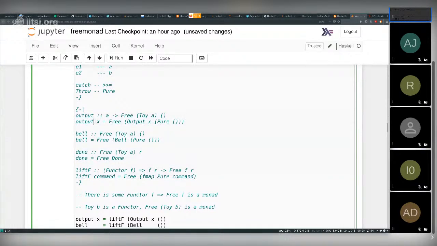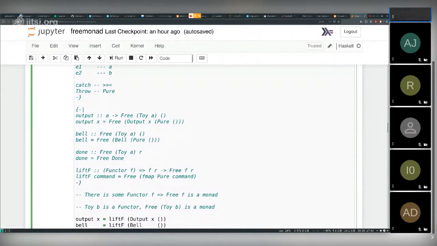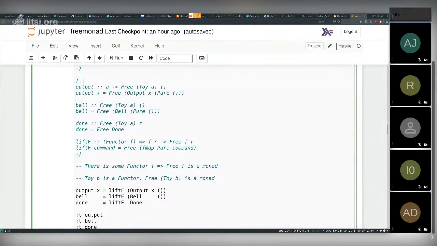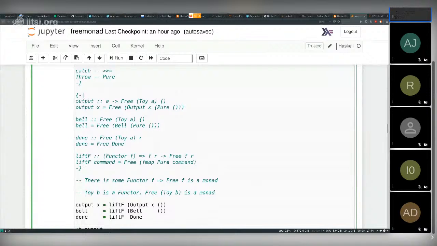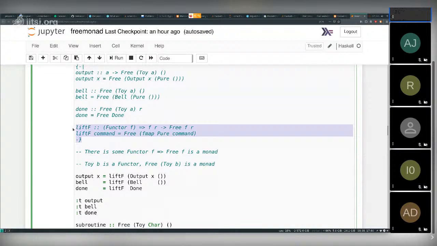So output basically takes some x, and you can lift it into the free monad like this: Free (Output x) and then pure. Same way for bell and done. But you need not write this yourself at all, because there is a liftF which is already available. If you have used monad transformers before, which I am assuming most of you have, this is basically the corresponding